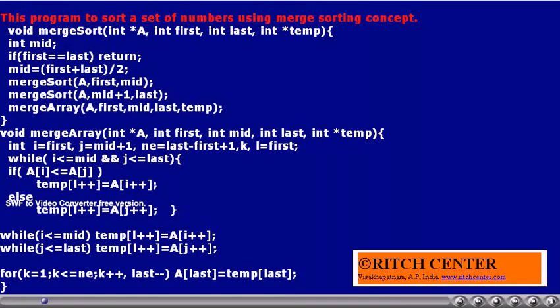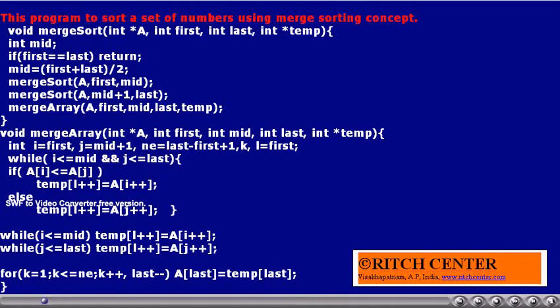In the merge sort function, if first is equal to last, which means that the array contains only one element, we need not do anything. We don't require to sort anything. We just simply return.